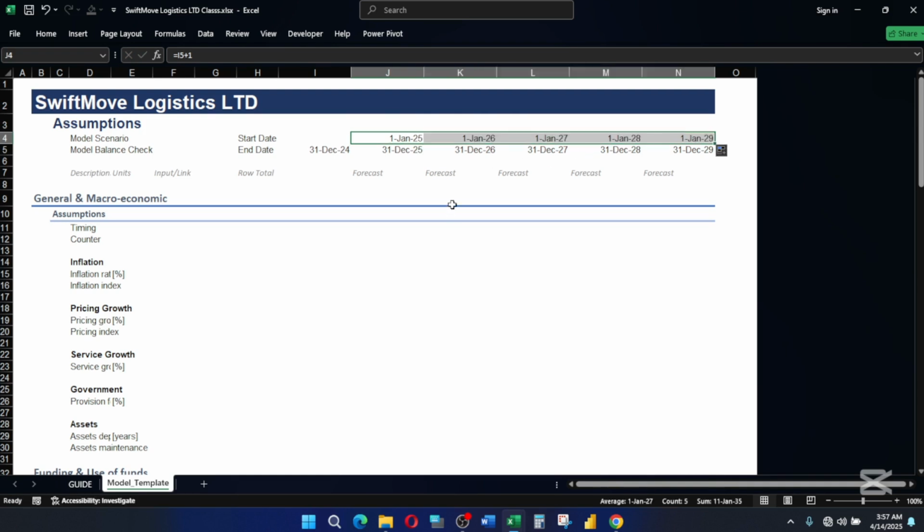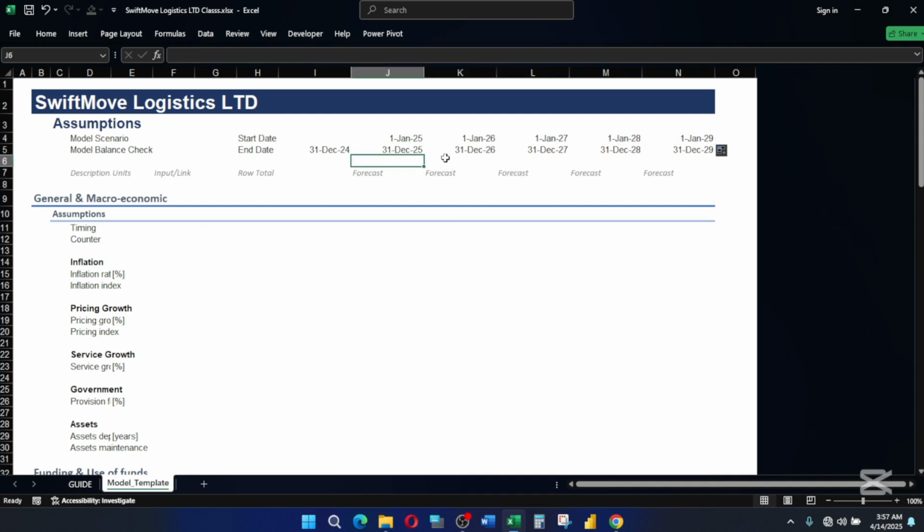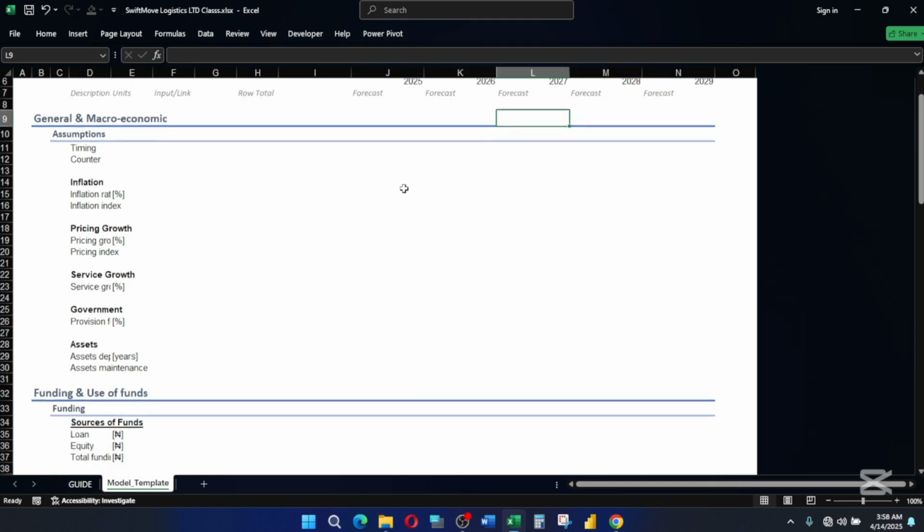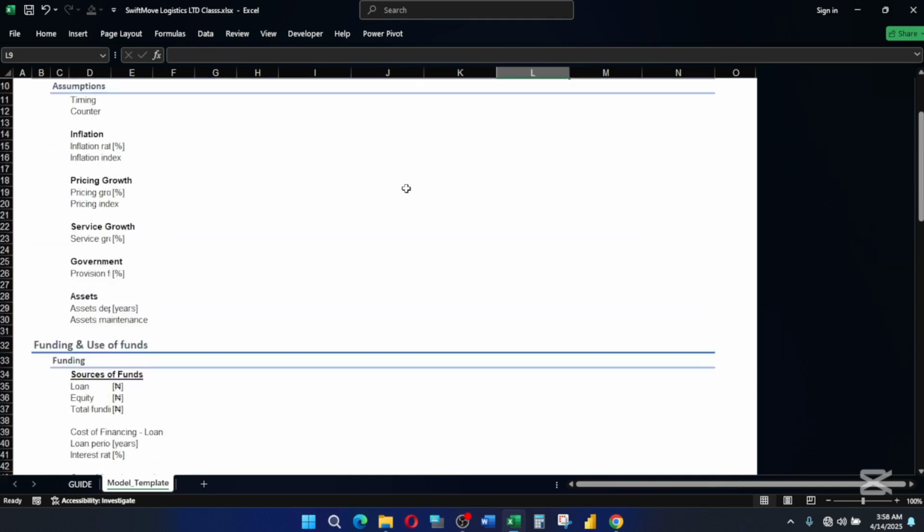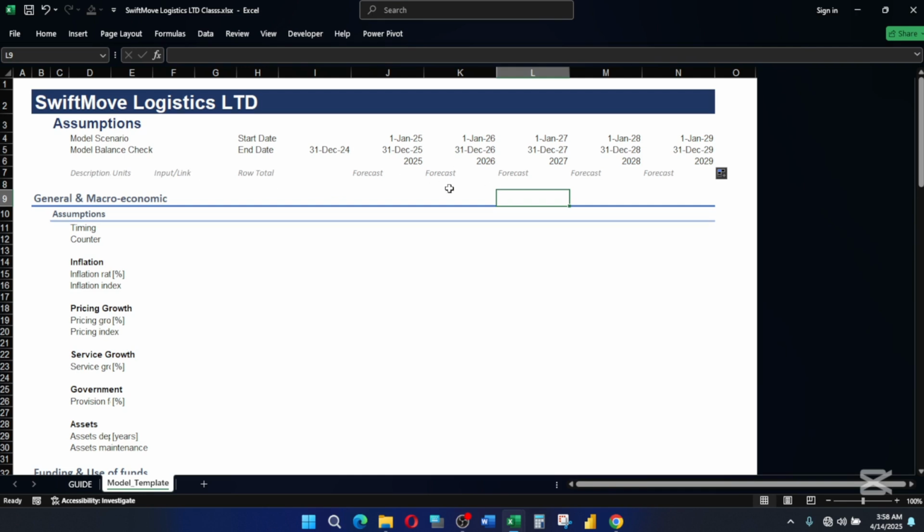So we have this. Now if you also want to get only the year, you can just say equals to YEAR, comma, then you click on any of them, you can extract the year, click OK, and drag it forward. So we have this, right? Now we can see how our model template has come into place, right? So here we have everything displayed in place, but we still have one problem. This template, I want to have